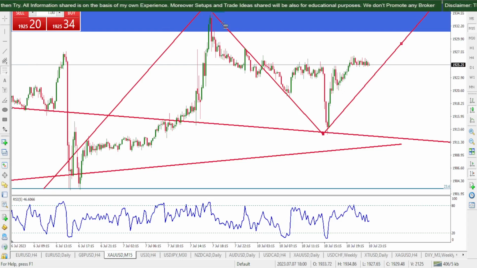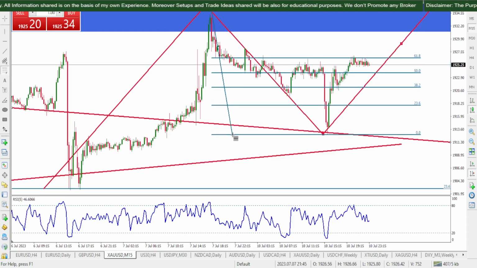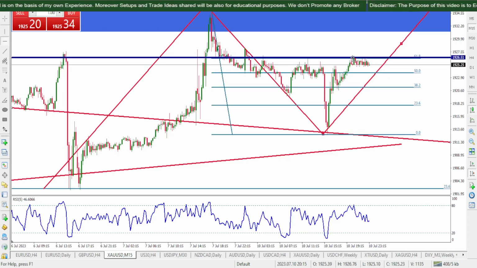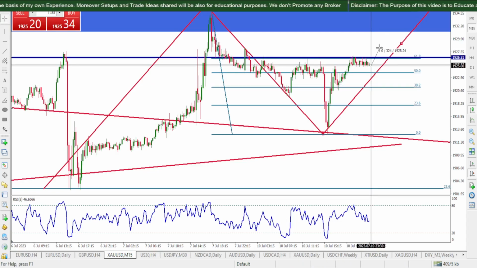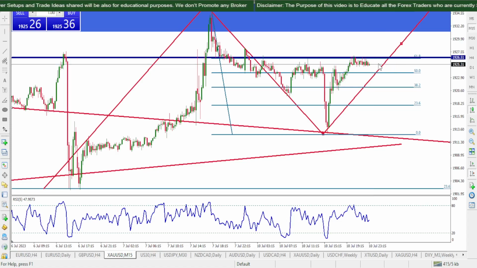There was one level with us today, 1927 right here, and if you see, the market reacted very nicely right here. Now if price is going to break it or not, specifically if I talk about tomorrow the London session, well, nobody can say that it's going to break it, right? If we see the symptoms and the overall structure, it seems it's going to break it.